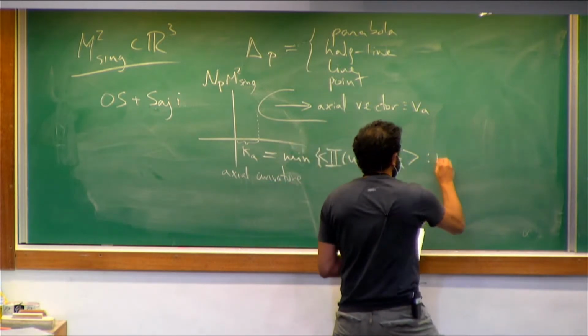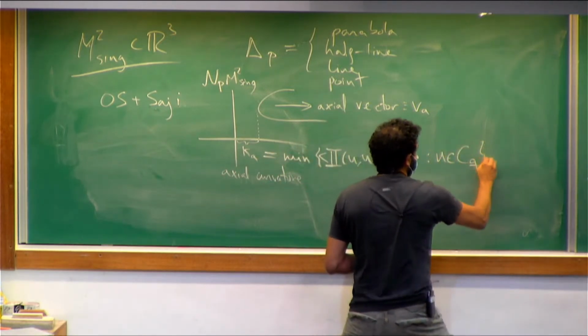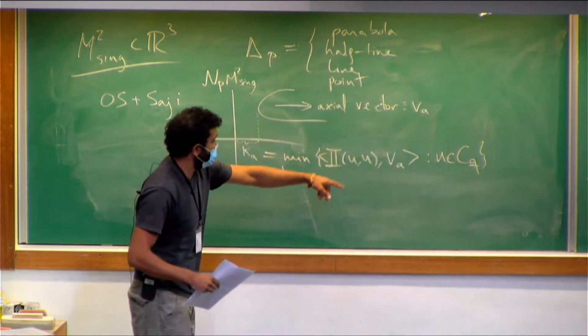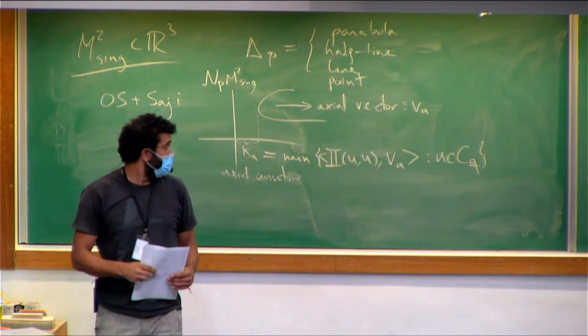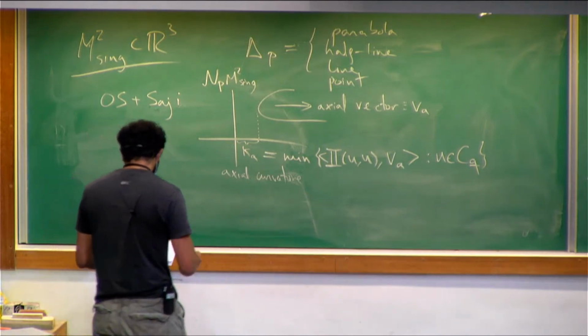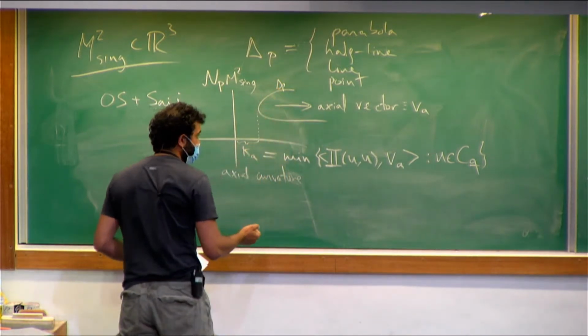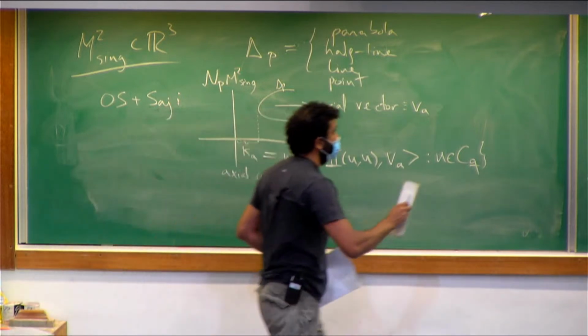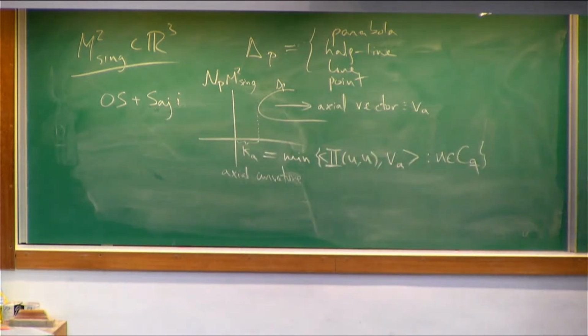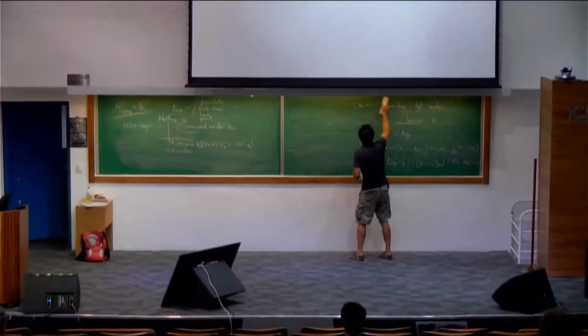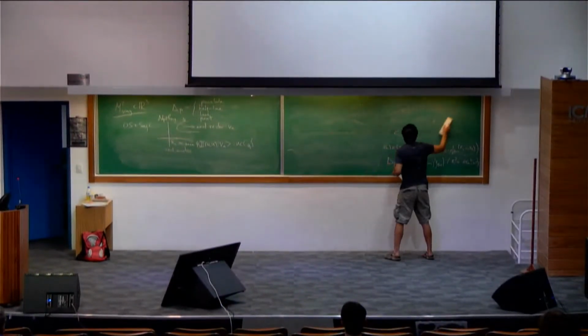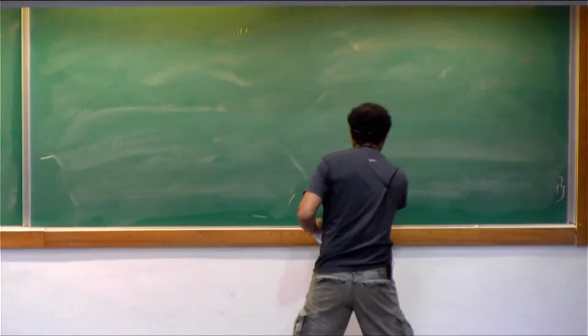Where U is a unitary tangent vector. So this is just the projection on the axial vector. This is how we define this curvature. I will say something about this curvature, but let me first introduce another curvature,